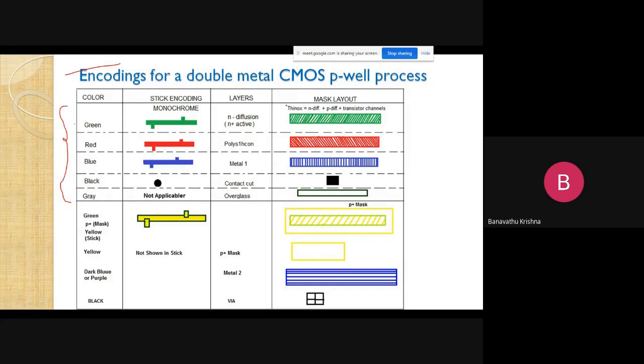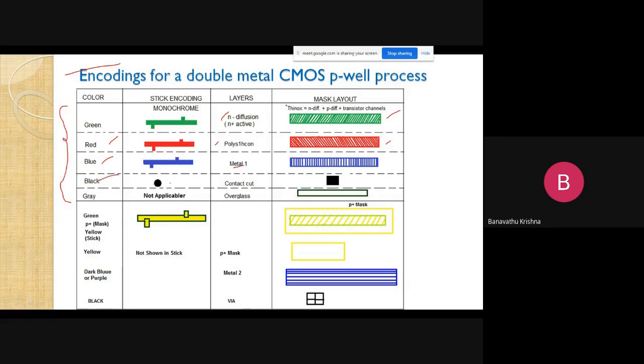So green color is the n plus diffusion layer, and in the layout diagram it is represented like this. Red color is the polysilicon layer, with the formation like this, a left inclination. And blue color is metal one, drawn in a vertical manner. The layer representation lines are vertical.